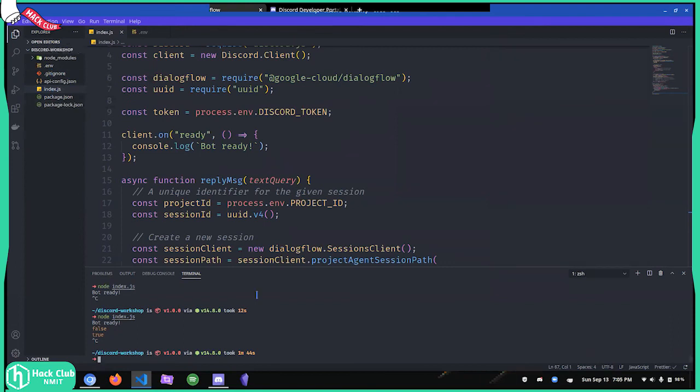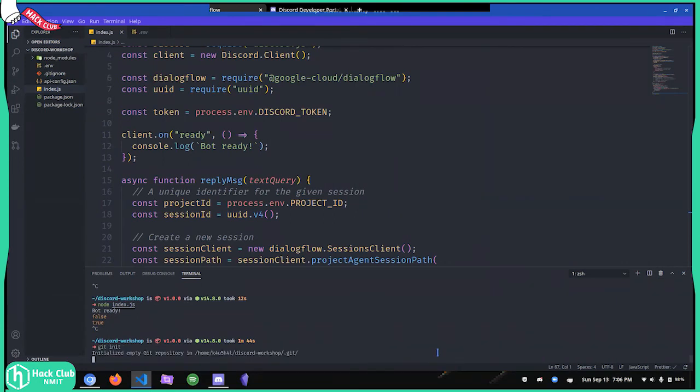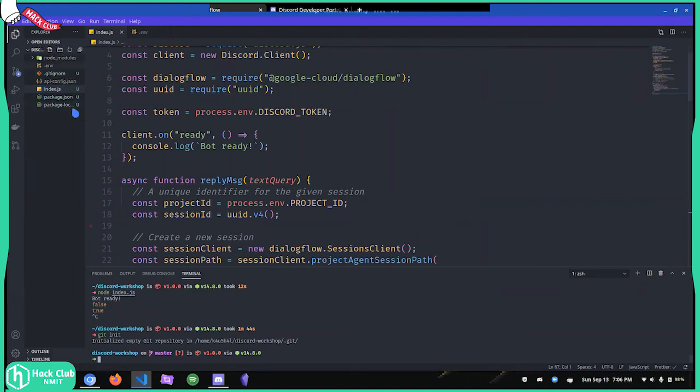So now the way you initialize Git inside your working project folder is you type git init. This will make an empty Git repository in your folder. Now as you can see, I don't think I can zoom in over here, node_modules, .env and api config.json are actually faded out. And my IDE is doing that for me.